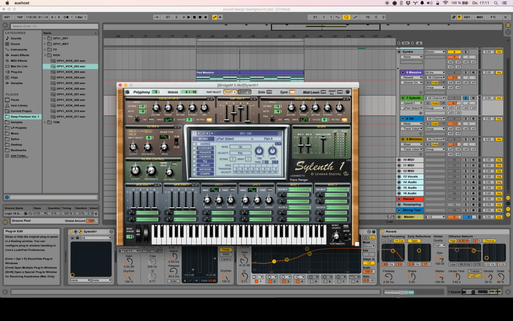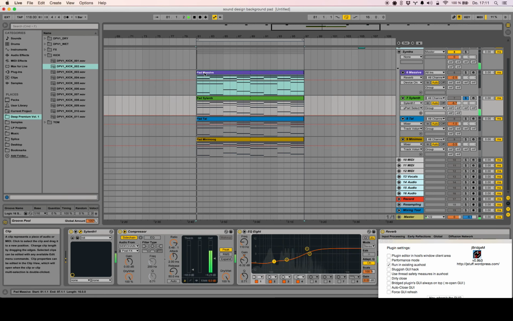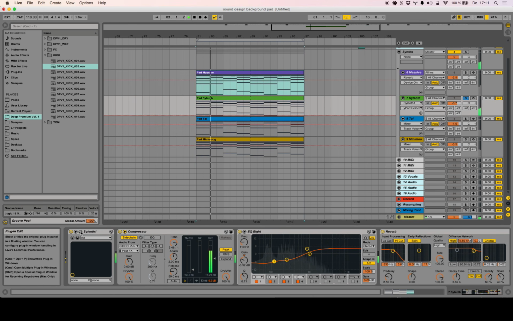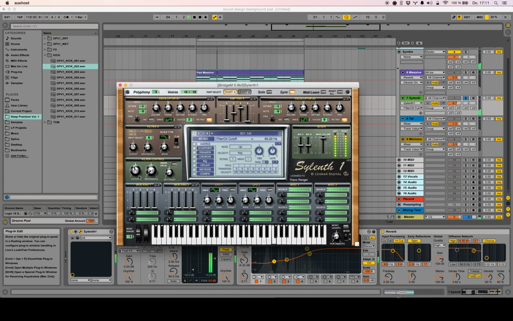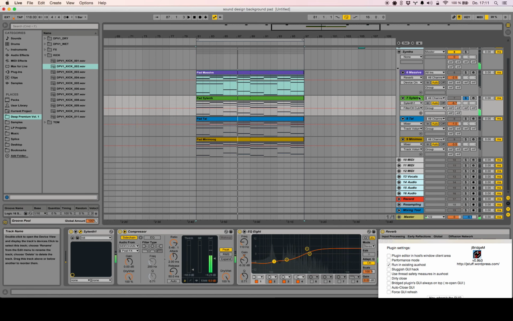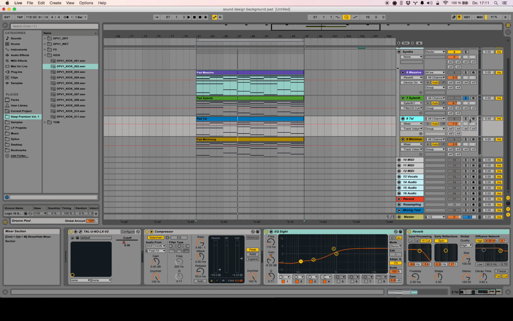I'm leaving the cutoff over there, and I'm leaving the overall filter control, and that value over there. Init patch in Sylenth, and let's move on to